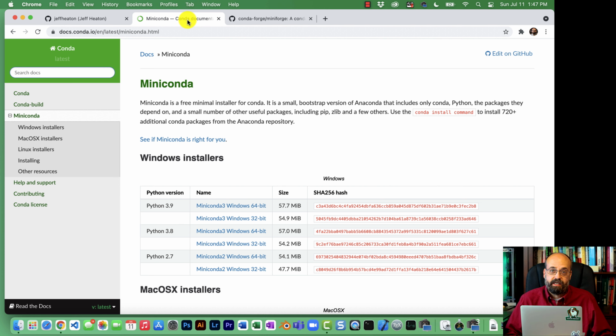Also, if you don't want to install the actual software onto your computer, you can make it through the entire course with Google Colab. If you watched some of my other videos, you'll know that I use Miniconda and Anaconda quite a bit. These are two Python platforms, both made by the same group, that you can use on just about any platform, be it Windows, Mac, or Linux.